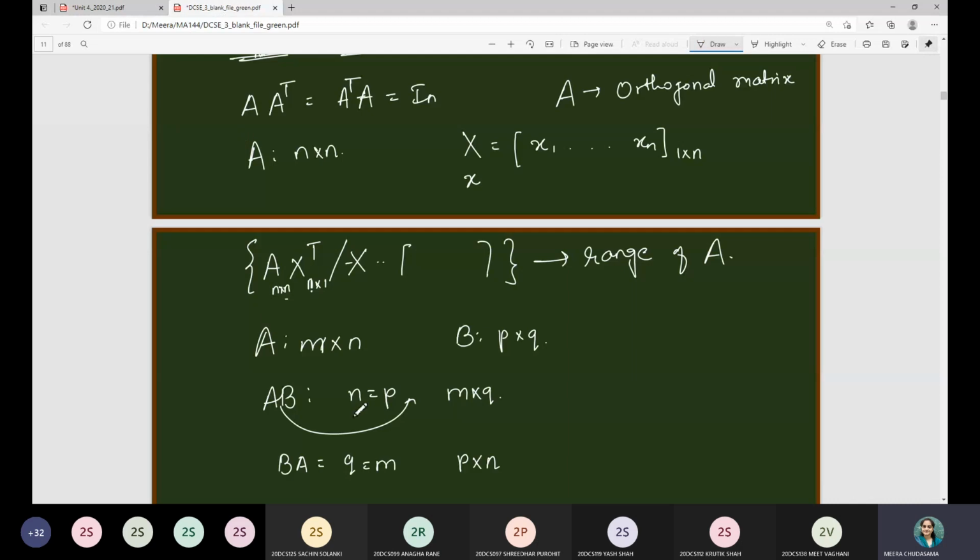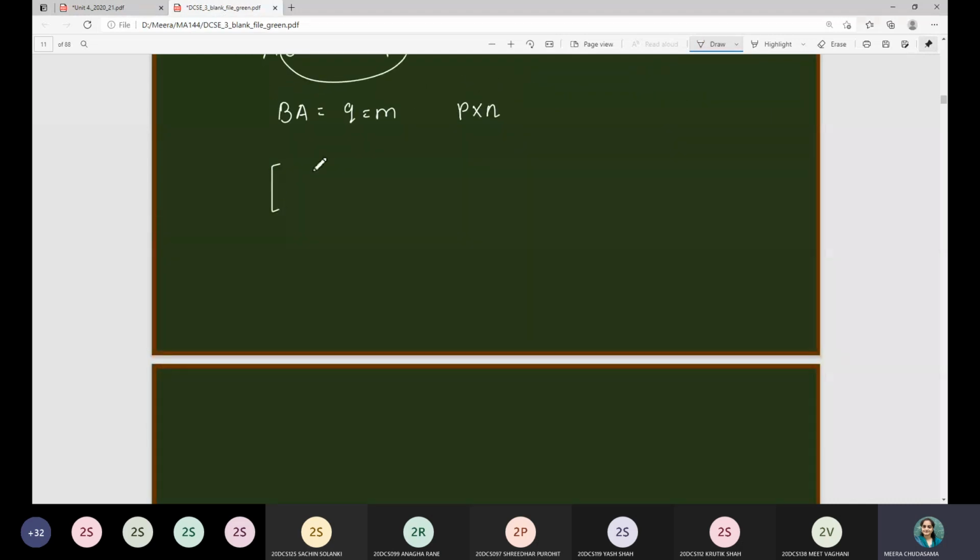Now, any matrix is represented by square brackets, as we have seen. So whenever you consider a matrix, let me consider this one. This M, capital M, mn means this is the class of all m cross n matrices, right? So from this you can take any m cross n matrix, and if you perform any of the operations, then again you will get a matrix only.